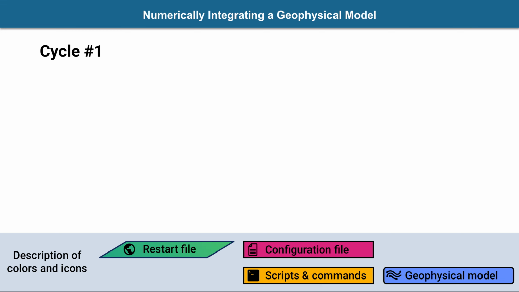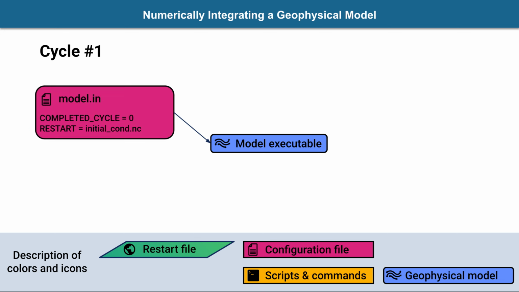To help you understand DART's workflow, these slides begin by depicting a process you should already be familiar with, the numerical integration of a geophysical model. Then they continue by adding in just a couple of additional components to demonstrate how the data assimilation itself is implemented. So, to begin, when integrating a geophysical model, there are typically four components needed: the geophysical model executable, configuration